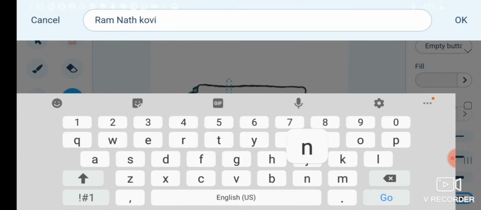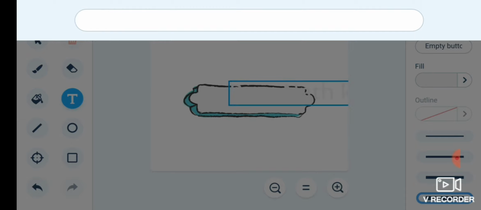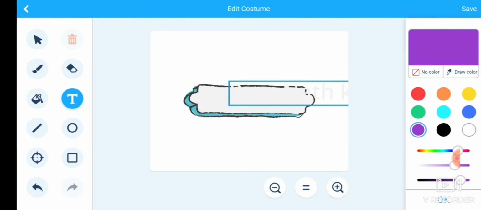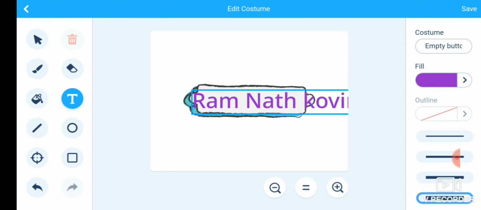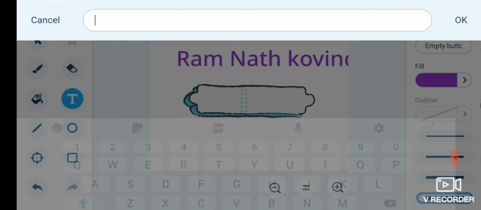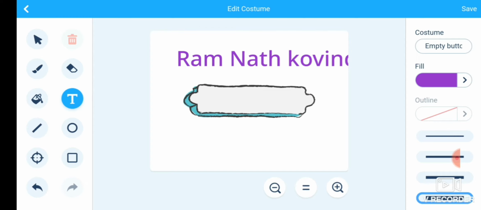Choose the purple color and then adjust it. First we will increase the size of the button.